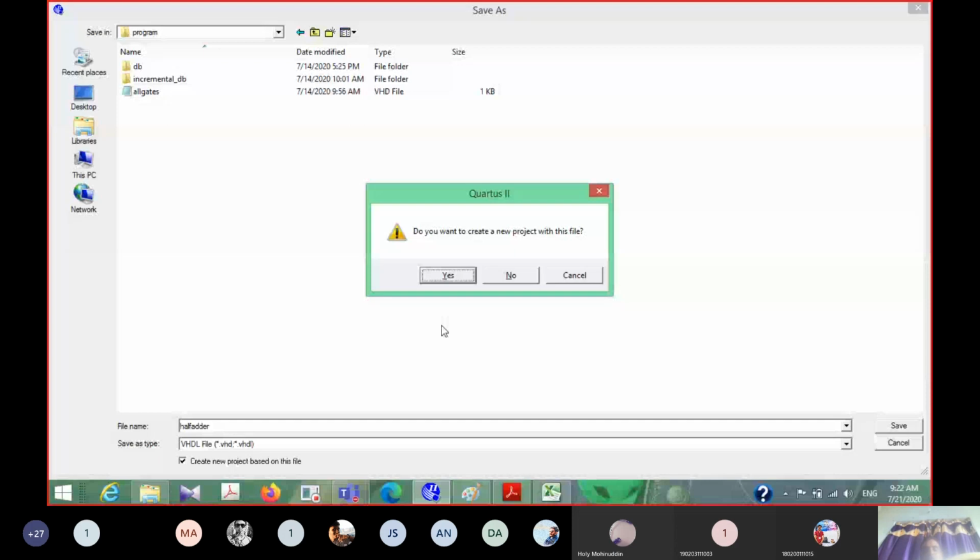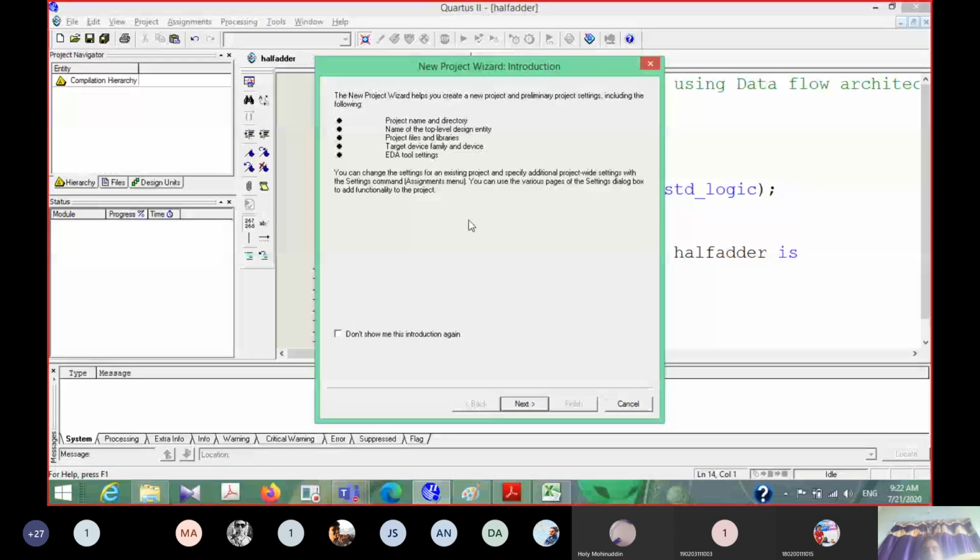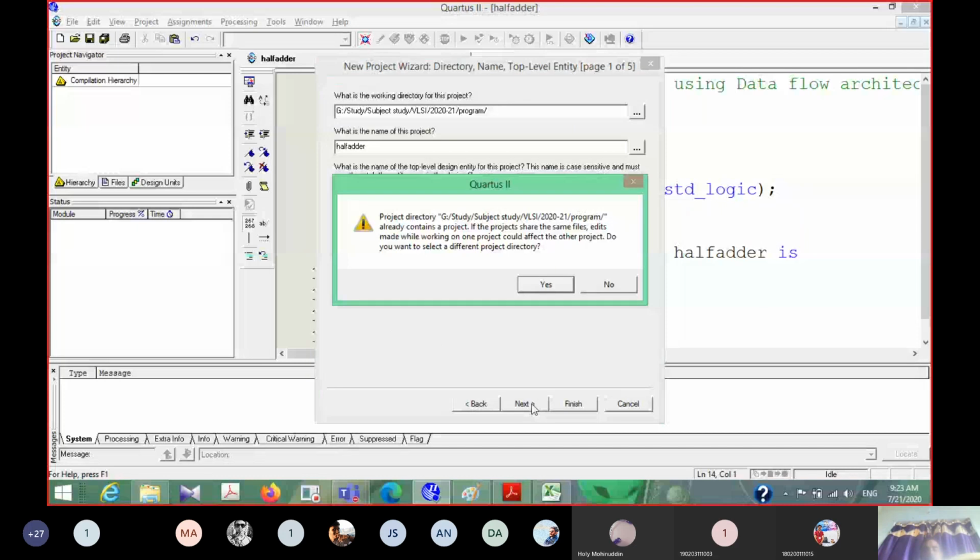Yes, we want to create the project, so let me click yes. It will start the New Project Wizard. Next, one project is already there in this directory, so it asks whether you want to create another project or another folder for this directory. No, we want to store the same project in the same directory. So no.